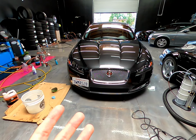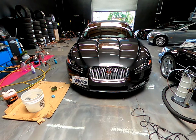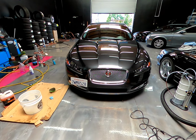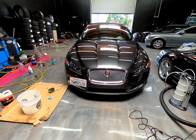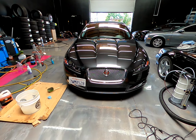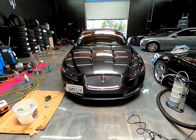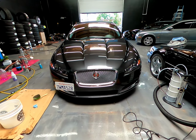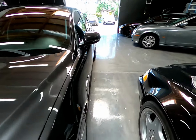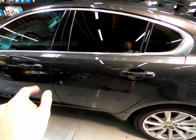This one in particular, the whole reason it's here is because I have a friend who purchased this car from a dealership, a Chrysler Jeep Dodge dealership. I won't name names, but I do believe it was here in the San Diego area. Well, I'll just show you. So at some point, this car needed to have a repair done to the driver's side